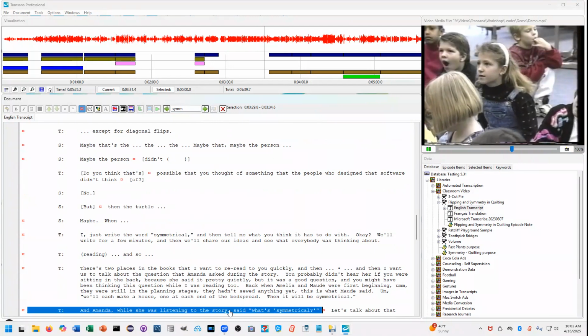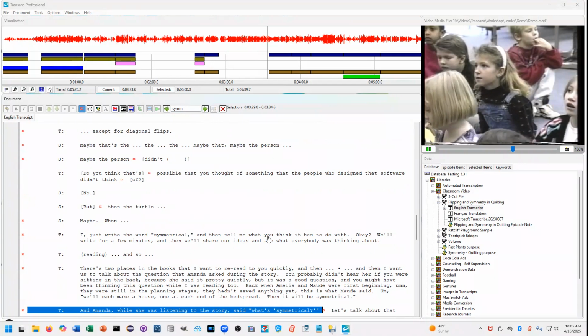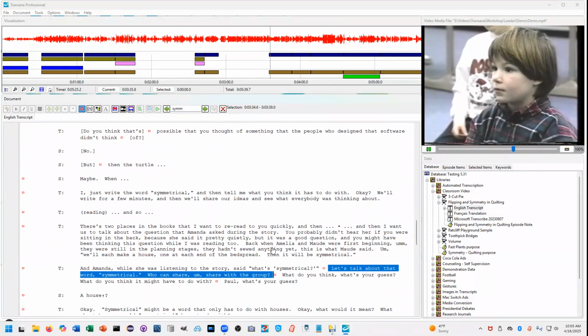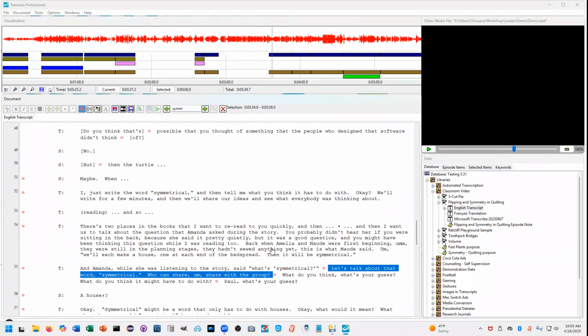And Amanda, while she was listening to the story, said, "What's symmetrical?" Let's talk about that word, symmetrical. Who can So I can use the transcript as a way to find the spot in the media file that